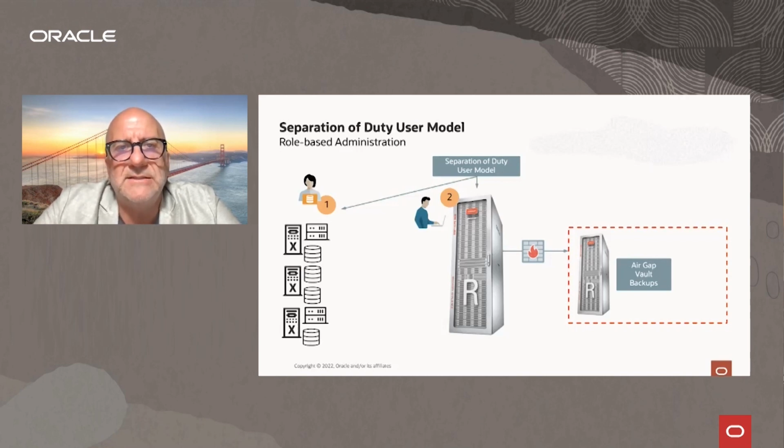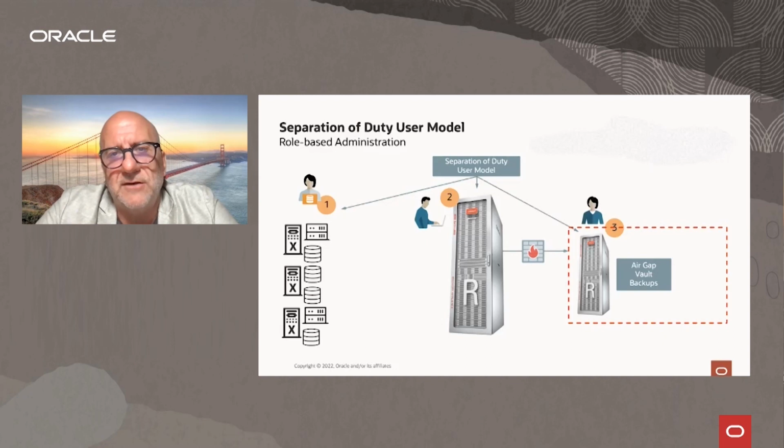The recovery appliance is managed by recovery appliance administrators. The recovery appliance administrators define the policies on the recovery appliance that determine for how long a backup must be kept. So what is the retention on the recovery appliance? This is not controlled by the DBAs, it's controlled by the recovery appliance administrators. Similarly, the recovery appliance in a cyber vault can have different recovery appliance administrators, so different users, different personas, and these